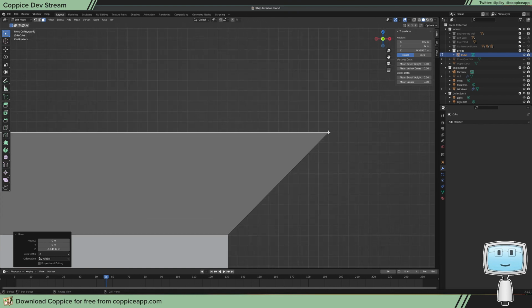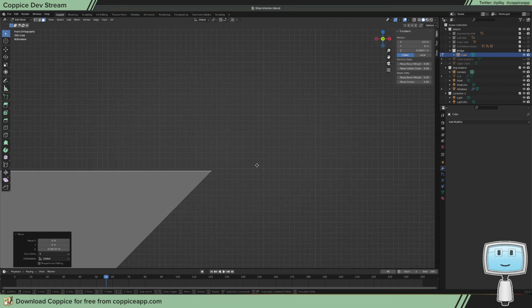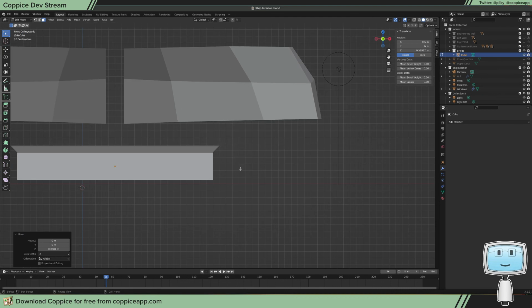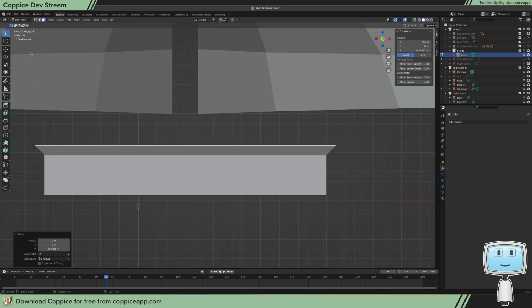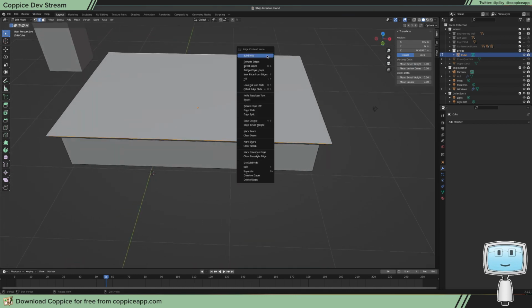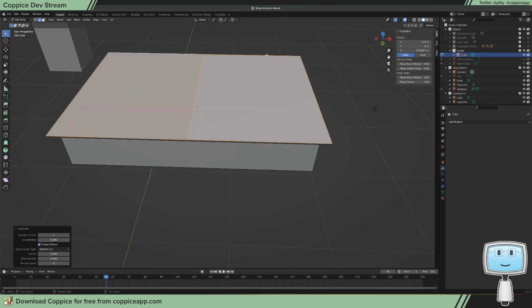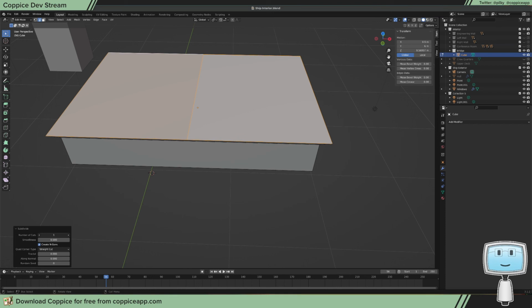That is pretty much a 45-degree angle. We can tweak it just a bit, and that is now a 45-degree angle. Perfect. And then what we're going to do is, because I do not know much better, let us subdivide and do